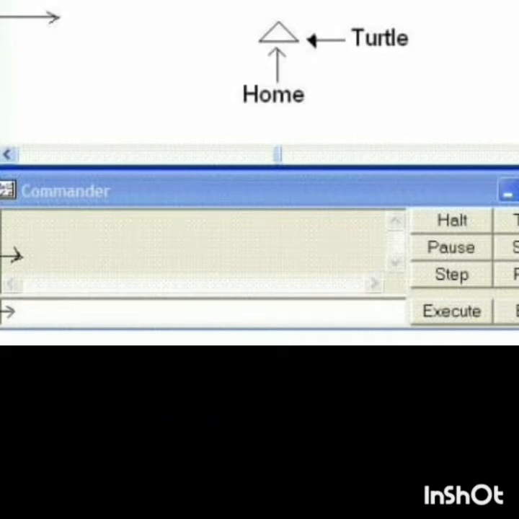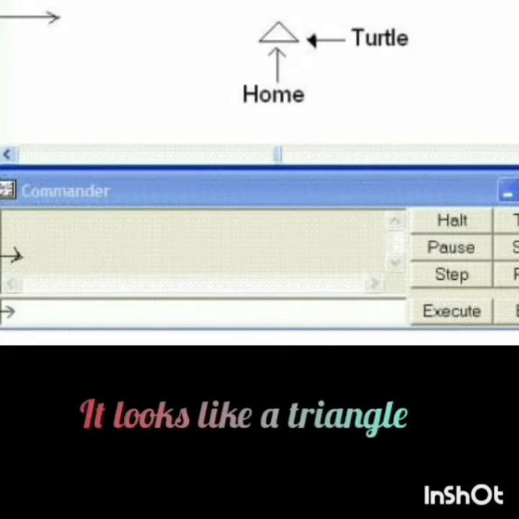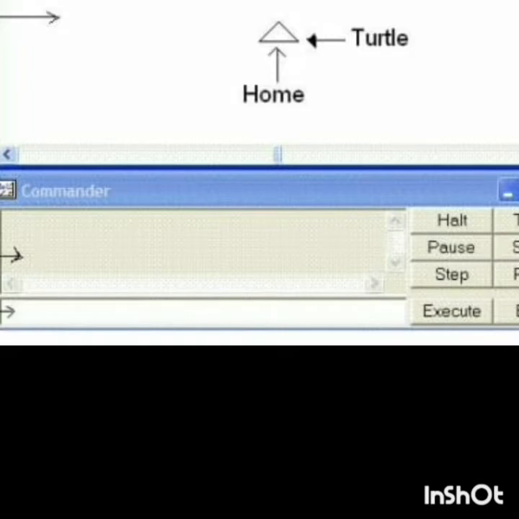Inside the output screen, there is a small triangle. It's called the turtle, the Logo turtle. It remains inside the computer within the program MSW Logo. It looks like a triangle. It controls pictures and does maths.